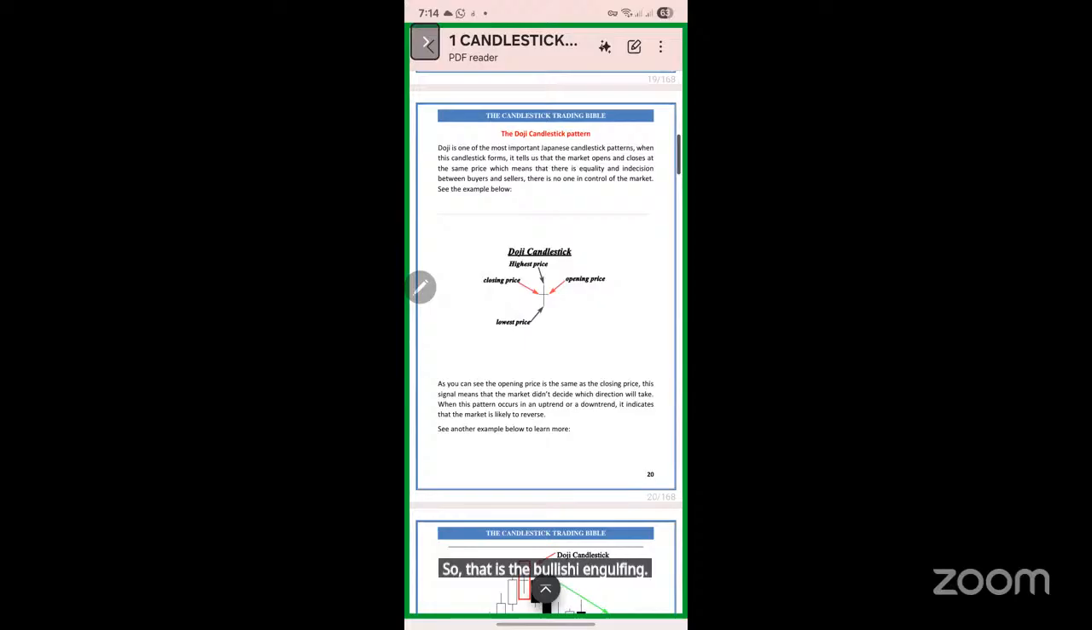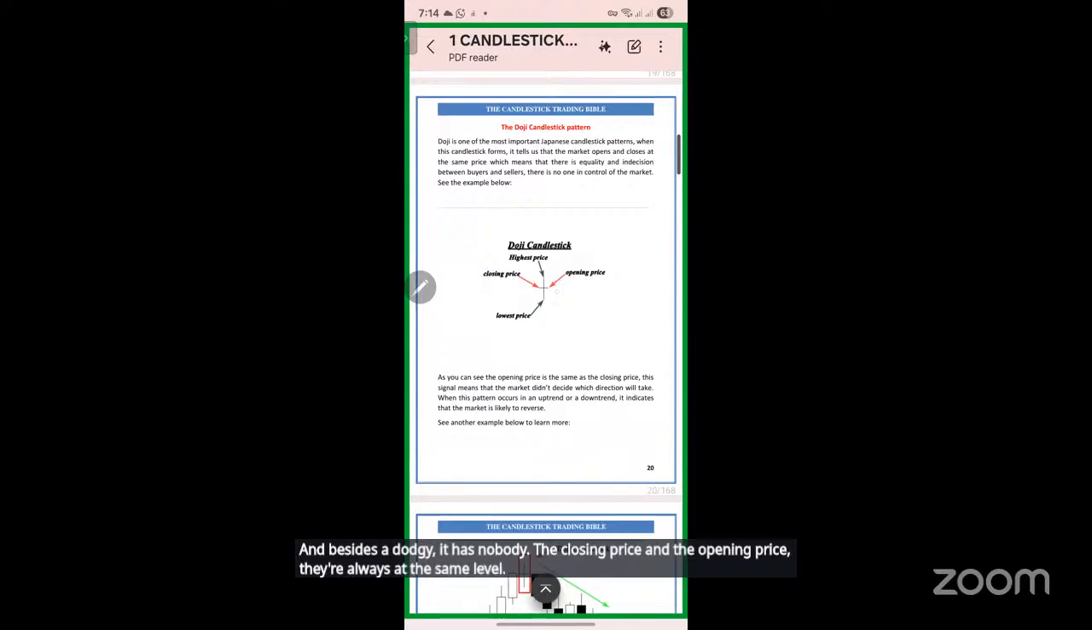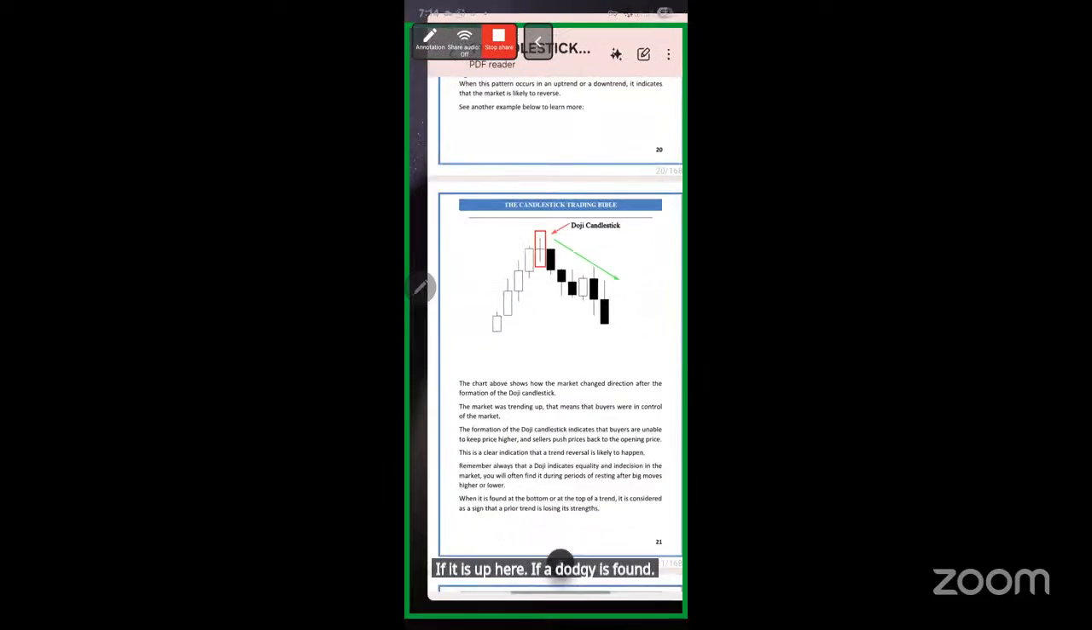We looked at a doji candlestick chart pattern, and we said a doji has no body. The closing price and the opening price are always at the same level. It has no body, they are at the same level here, like this. So this is a doji. And we said a doji, if it is formed at the end of the upward trend,